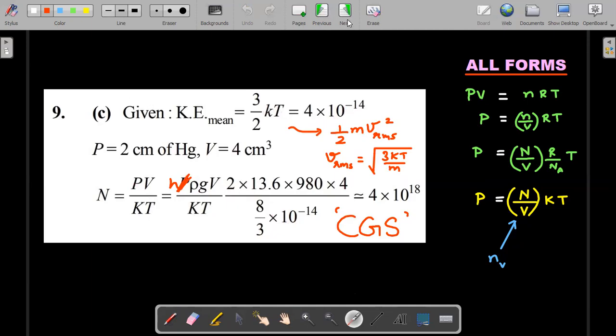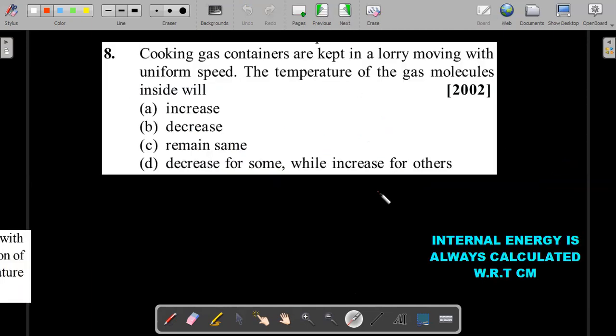Okay, so let's move forward. Another one, which is a very interesting concept. We'll discuss more and more in detail as we move along in this video, and more numerical problems also on this concept. Cooking gas containers are kept in a lorry moving with uniform speed. The temperature of the molecules inside will be, so when they are moving with uniform speed,